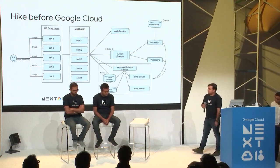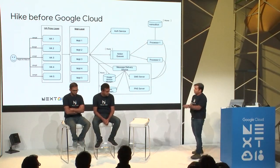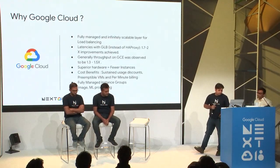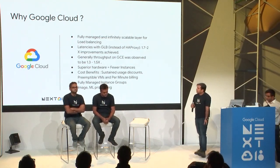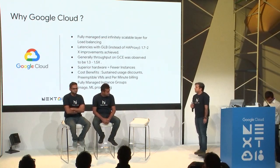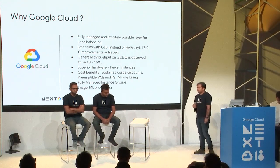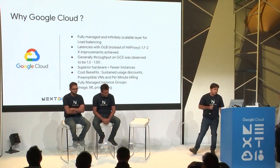So where exactly does Google help us in this? For that, I would say at every layer, be it the front end, the business logic, or the backend database. While evaluating GCP, we did a small POC and found some major advantages which prompted us to move to the GCP stack. Some of the advantages are, first,